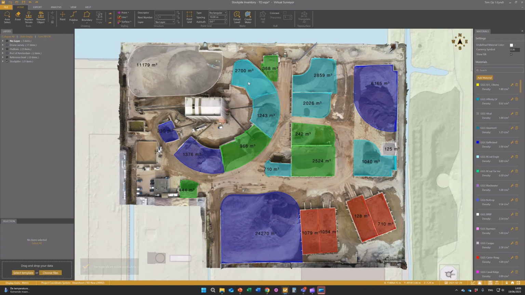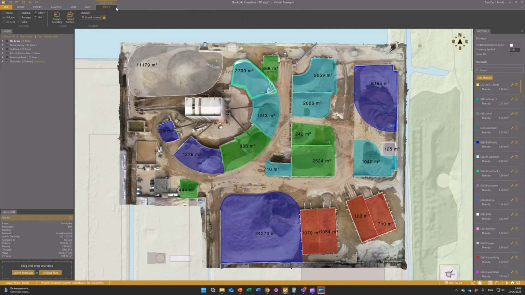Now, when we would have to assign this material to a stockpile, we can assign it through the search option. The previous version had a super long list, which you had to scroll through. Now, you can just quickly do a search and assign the material. And even better, you can also right-click the stockpile item and click Assign Material, and then just assign the material that is applicable from here.